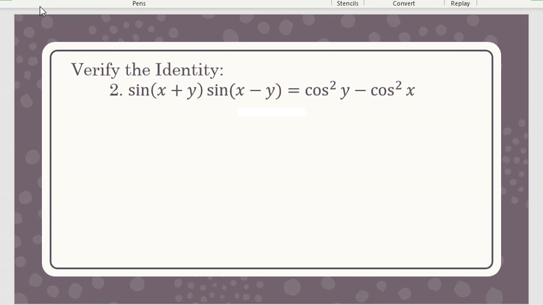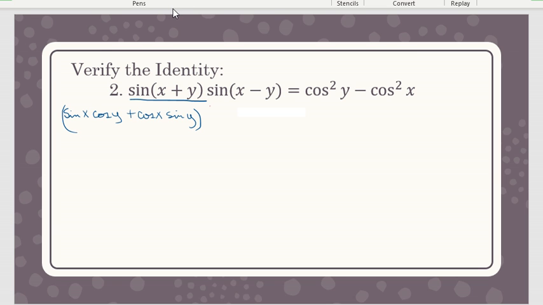Okay, this proof is not for the faint of heart, including me. All right, so I'm going to show you how this stacks up. So I'll do this side in blue and the other side in red, just so you can distinguish the two sides. All right, so I'm going to do sine x cosine y plus cosine x sine y times